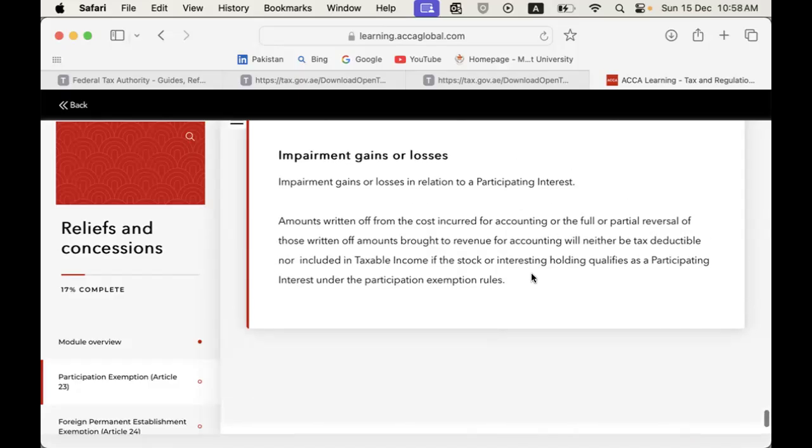Let us ask ourselves this question. The topic that we are studying right now is participation exemption, right? Which industry is it most likely to come in? What type of companies might face this provision, Article 23? Which companies might we find these things mostly in? Holding companies, large companies, MNCs, listed companies. What about you, Abbas? Maybe holding companies, banks. They might have a lot of investments. Investment managers. Yes, that's sort of what I was talking about.